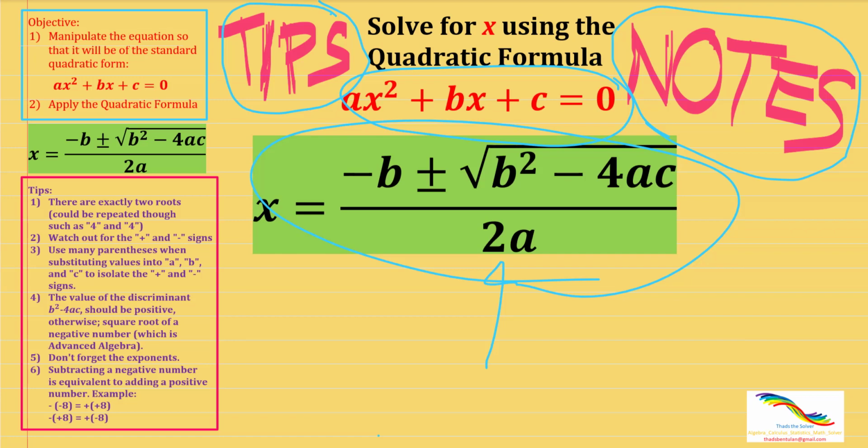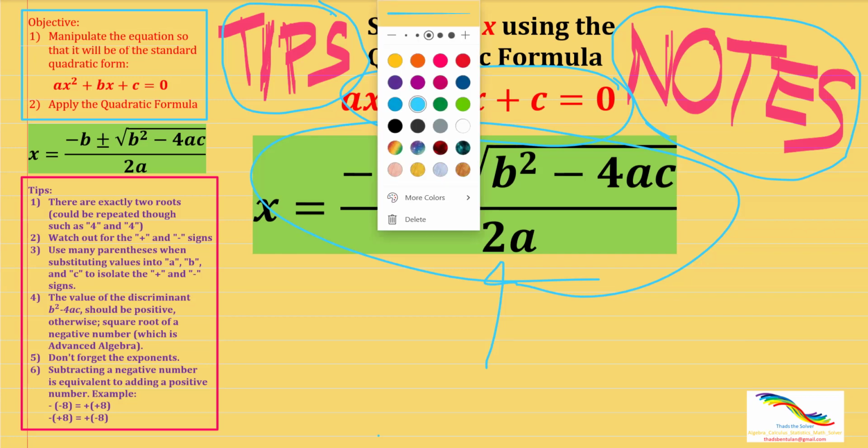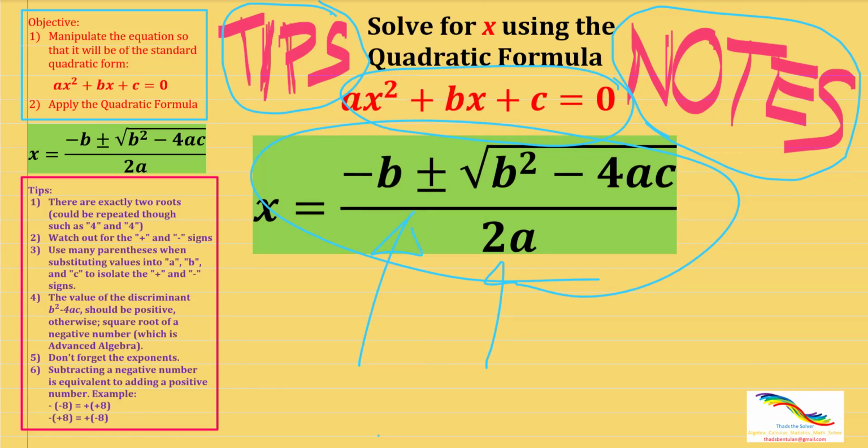Now, here is the quadratic formula. That's negative b plus minus the square root of b squared minus 4ac all over 2a. Okay, now have you memorized this formula yet? Now this is like the Pythagorean theorem. This is very basic in algebra, and let me share with you a tip, a technique in how to memorize this. When I was young,